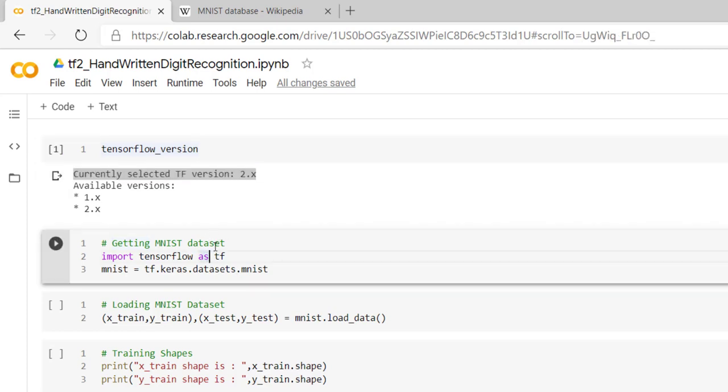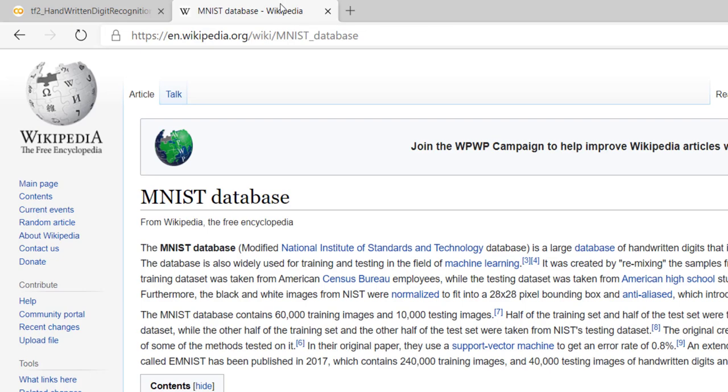Now the next thing is getting the MNIST dataset. So let's check out what is meant by MNIST dataset and how we can take it for our neural network. MNIST stands for Modified National Institute of Standards and Technology database.